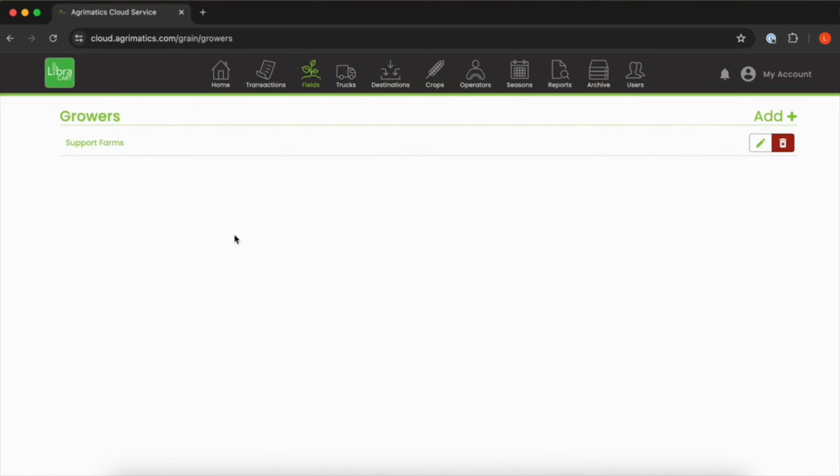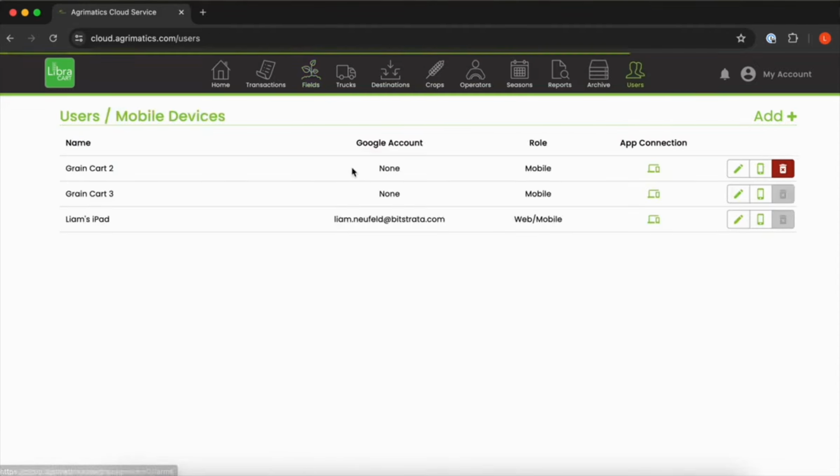The biggest difference between the Pro and Basic features is going to be how your data is organized. If you are a Basic subscriber, all of your users will be acting as separate databases. So if you're looking for a farm and it's not here, it might be in one of your other users, and you're going to have to go in and select the correct user to view data from.